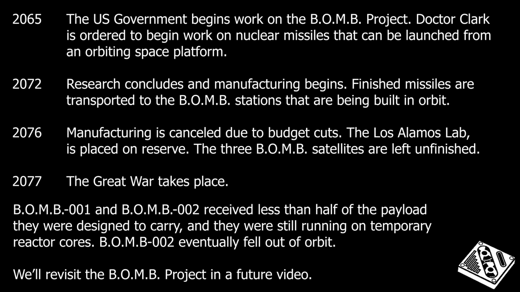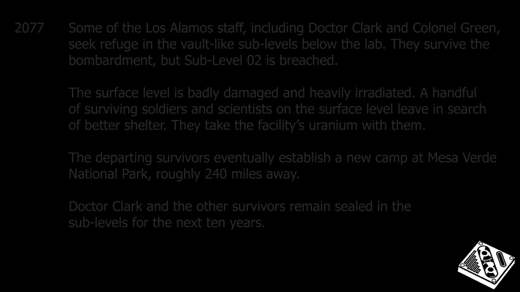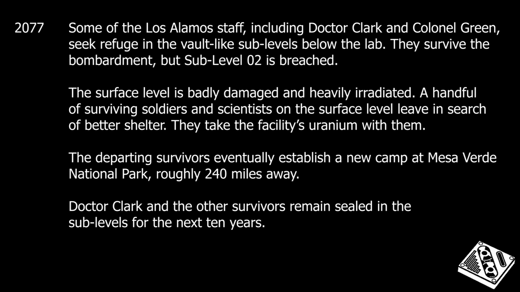Then, 1 year later in October of 2077, the Great War took place. Multiple nuclear missiles impacted the Los Alamos area, devastating the above-ground structures and causing limited damage to the underground sublevels. Although several of the soldiers and scientists who were hiding in the sublevels were protected from the blast, radiation began